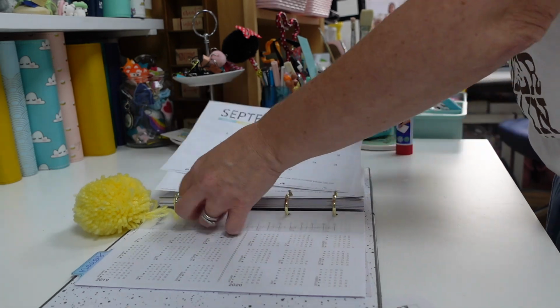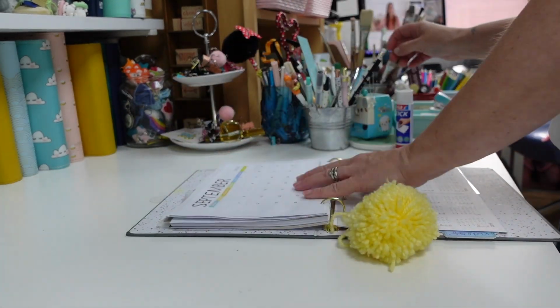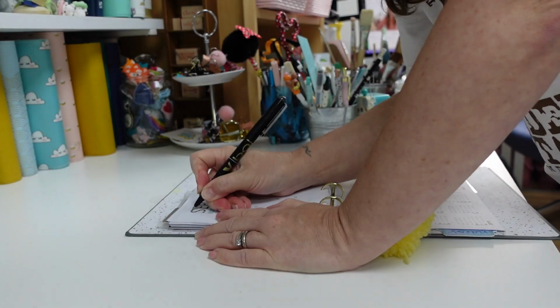That looks so neat and tidy. I'm really excited to use this. My printer's not working great at the moment. I think it just needs cleaning. And so I'm just going to go over with